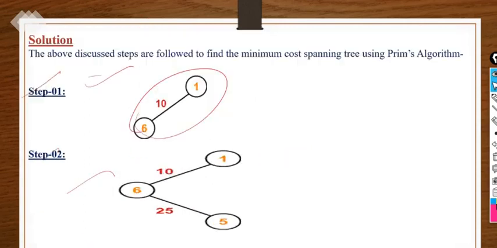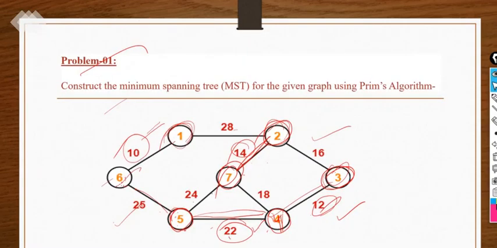Right. So next, what can we do here? 3 vertices are there. If we take this minimum, it will create a cycle. This cycle. So it will be wrong. So we will not take this particular edge. If we take this edge, it will also create a cycle, so we cannot take this one also. It will create the cycle again, like this one cycle, right?